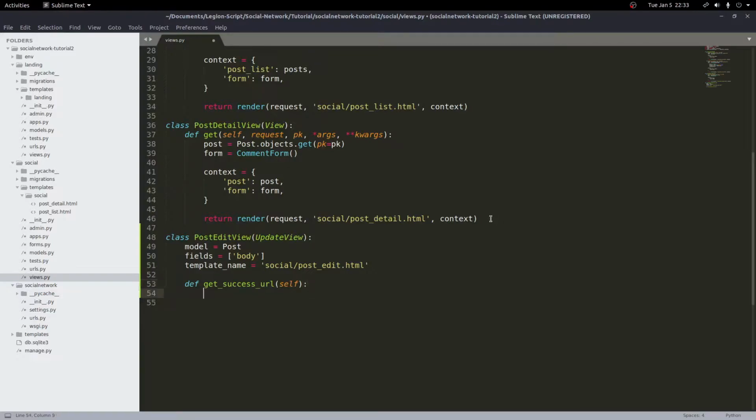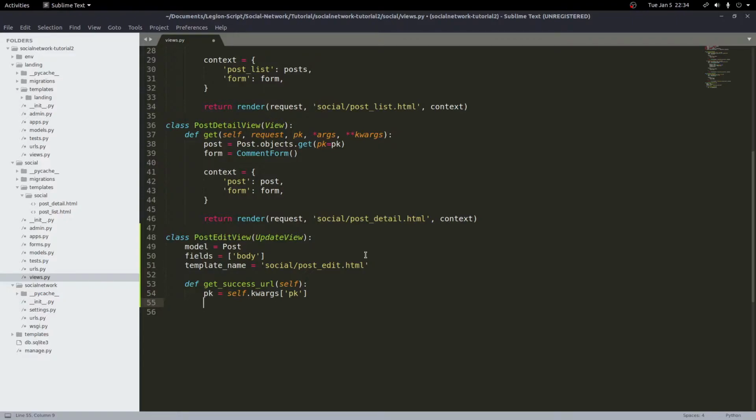And then inside of this function here, first I need to get the primary key that we have passed into this view. So I can get that within a generic view by typing pk equals self.kwargs, and then in square brackets and quotes pk. And since we're calling it pk within our URL, which we'll do later, I can get it by using just the string pk within the square brackets here. And now that we have the pk, we can go ahead and